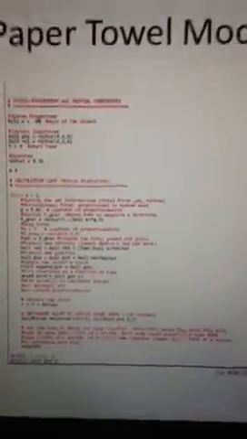And then I used the same code for the paper towel. All I had to do was change the mass, and the paper towel ran like this. Similar, but it was a little slower because it didn't weigh as much. And then